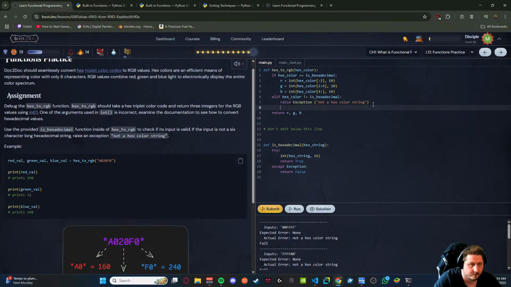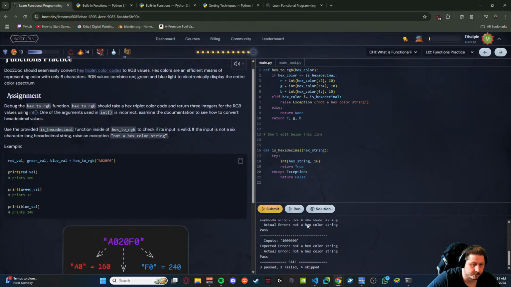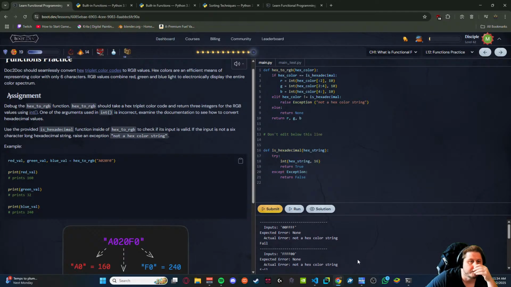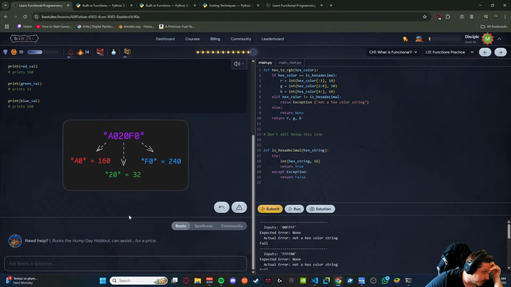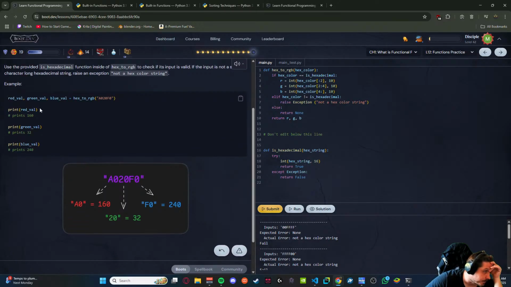Raise. I mean, that doesn't do anything though. Yeah, it's gonna be the same. Okay, why is this? How does this work? Why does this even work? 'Cause this makes no sense either.